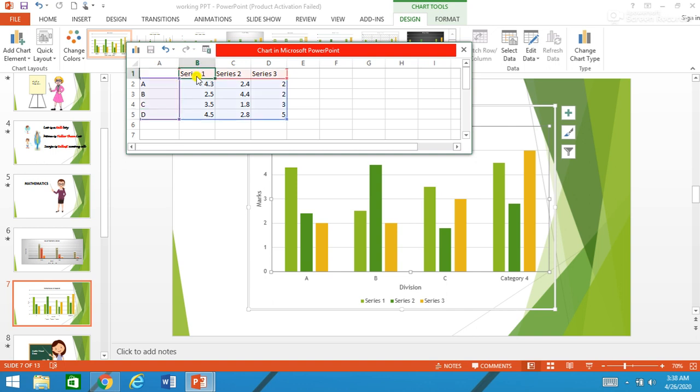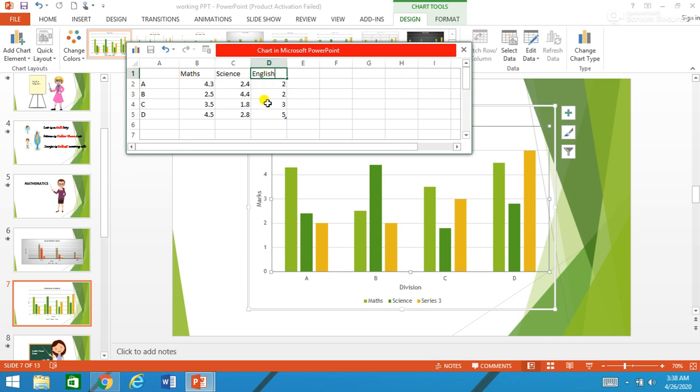I want to change this column heading from series 1 to say maths, then to say science, and English. So I have 3 subjects, 4 divisions.